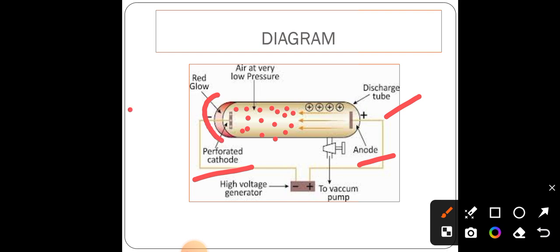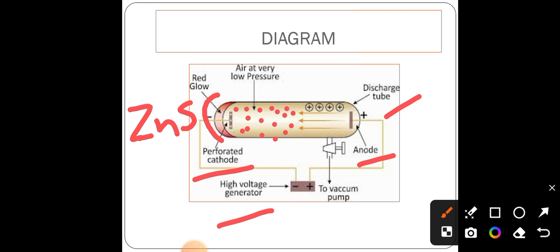The fluorescent material taken here was zinc sulfide, so that he could understand the nature of the anode rays. Hence he made the cathode perforated, and behind it was a thin layer of fluorescent material, that is zinc sulfide. When the rays fell on the zinc sulfide, he could easily study the nature of the anode rays. Then these electrodes were connected to a high voltage generator,